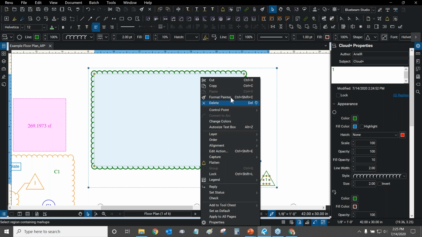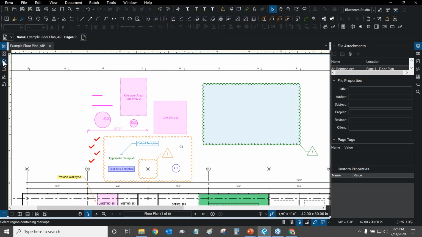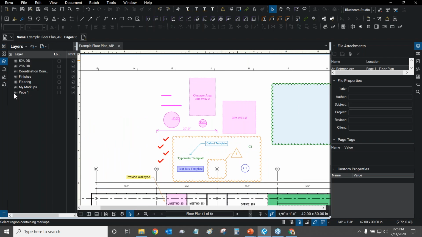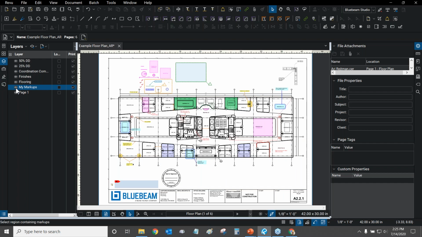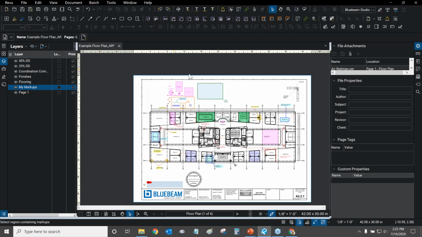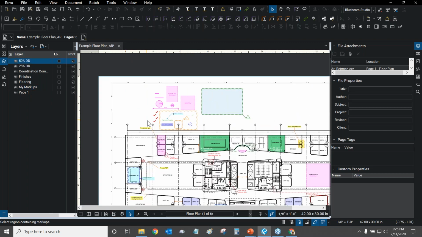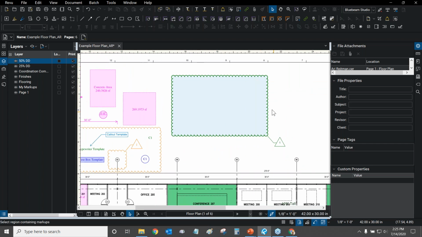So we have lots of options when we right click. We can actually set our markups to layers if we wanted to. I've set most of my markups to a layer called my markups, so I'm going to show you that really quick. If I go to layers right here, I can turn my markups off, and there they are, they're all gone. All the other markups are turned on, and so I can toggle between them very easily, just like that. So I'll leave my markups on. Obviously, we have other layers that were created on this sheet too, so I can turn them on and off. You can see that these markups, for example, are part of the 50% design and development layer, and there you go. So let's go back to our cloud.